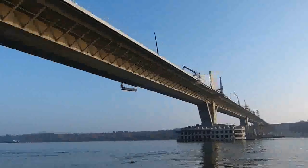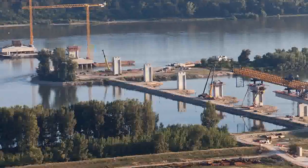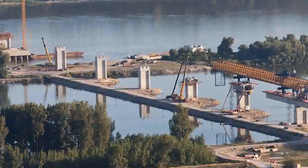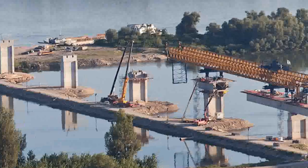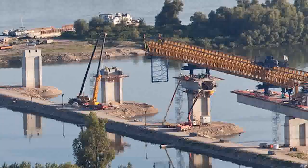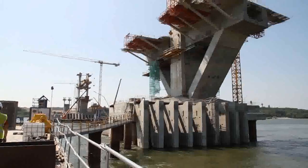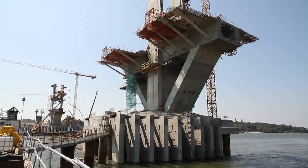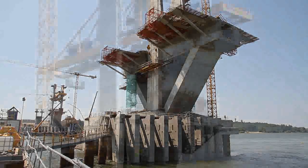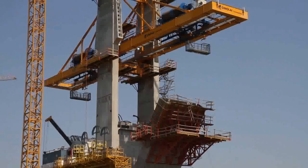making the whole system a resistant unit against the impact of boats. The piers of the non-navigable channel are finished in a filled-in head, on which the deck is supported by means of spherical supports and a longitudinal guide. In the piers of the navigable channel, however, the deck is embedded in them with a second phase concreting between deck and pier. From the head of the piers of the navigable channel spring 2 massive pylons 22 meters high